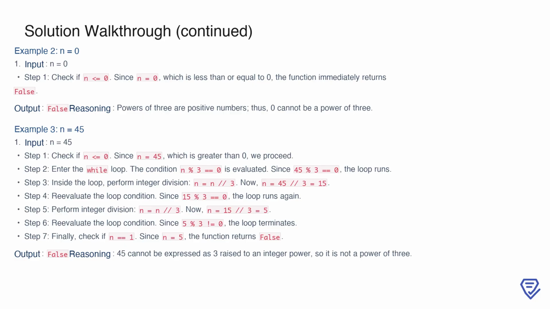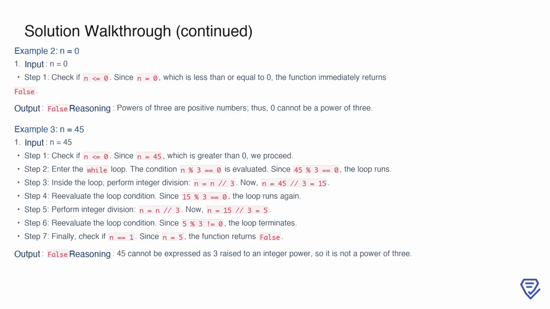At this point, re-evaluating the loop condition shows that 5 is not divisible by 3, so the loop terminates. Finally, we check if n equals 1. Since n equals 5, the function returns false. This makes sense because 45 cannot be expressed as 3 raised to any integer power, so it is not a